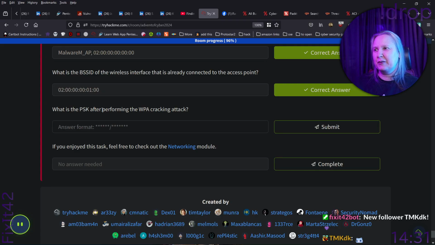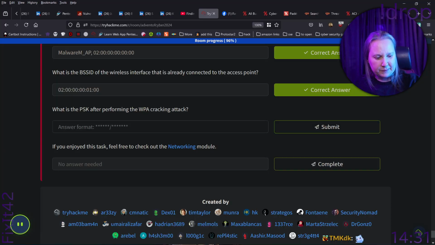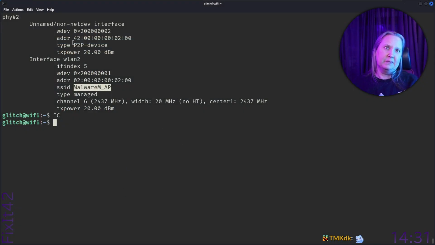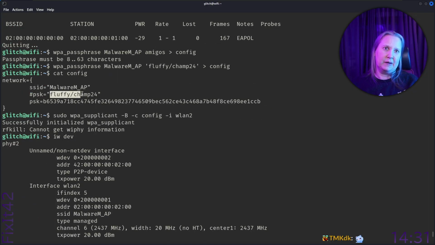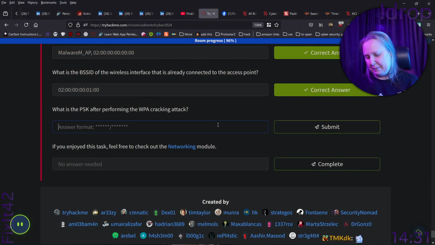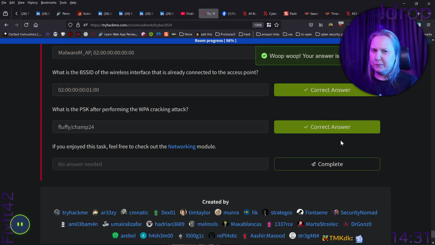What is the PSK after performing the WPA cracking attack? It's not like they have a whole Wi-Fi setting somewhere over there for everybody doing this with the same MAC addresses also. What is the PSK? Yeah, so the password, right? Let's copy, because that's the easiest way. There. So what do we want to play with? Some Wi-Fi thing, right? Maybe I should